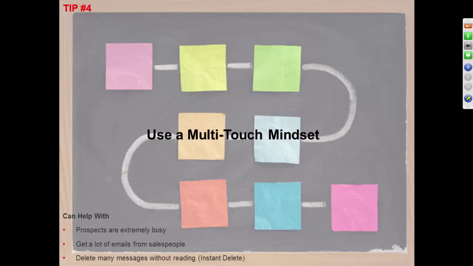It's going to impact your actions. So of course, yes, instead of just sending one message, you're going to send multiple emails, and I would recommend also using the phone and other formats to try to get a hold of somebody. So it's going to impact your actions, but the multi-touch mindset is also going to impact